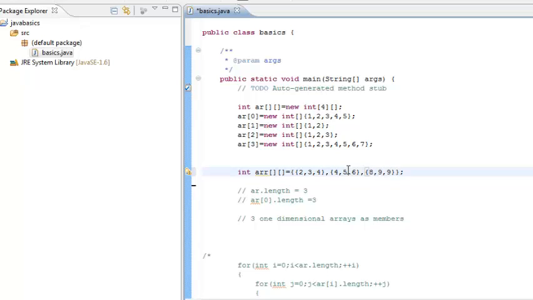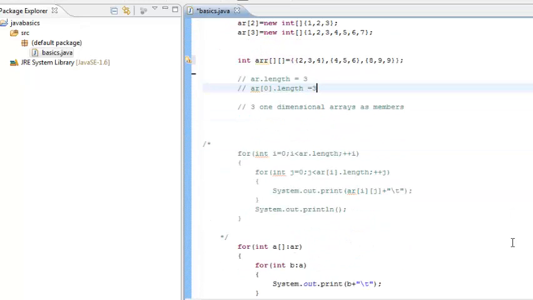So this is the way we dynamically generate an array, and then we have seen that the length of this array is the number of members that this array holds, and that is 1 member, 2 members, 3 members. So the length of such an array is 3, and then individually this member goes to AR0, this is AR1,